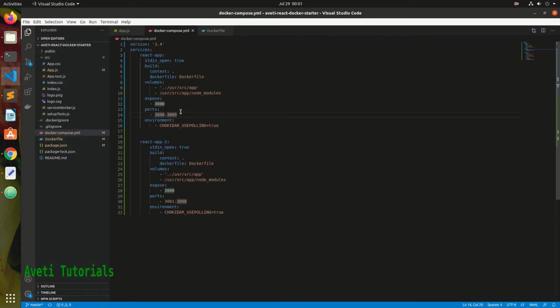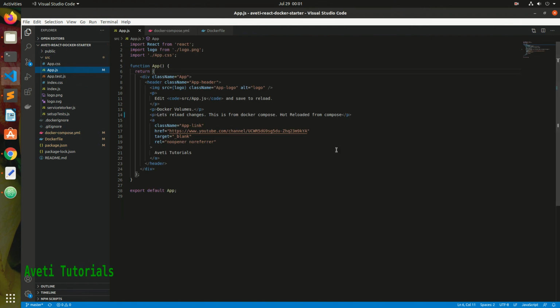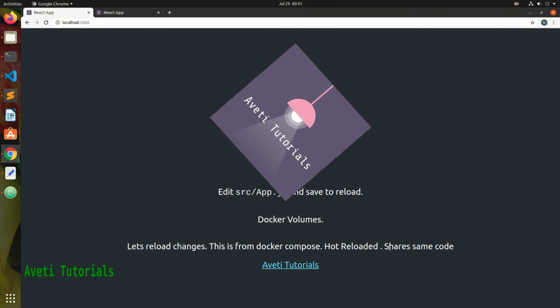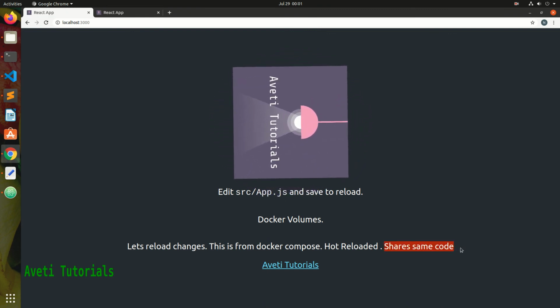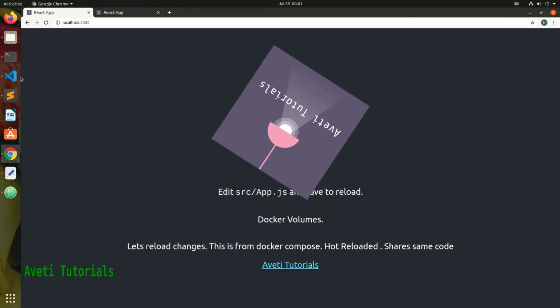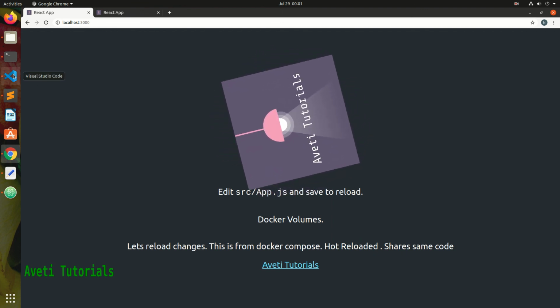Now let's change some portion in our app.js and see whether these changes are getting reflected or not. We write "share same code", and you see the code is getting reflected. So these two instances can share the same source code. This way you can use docker volume mount with docker compose also.